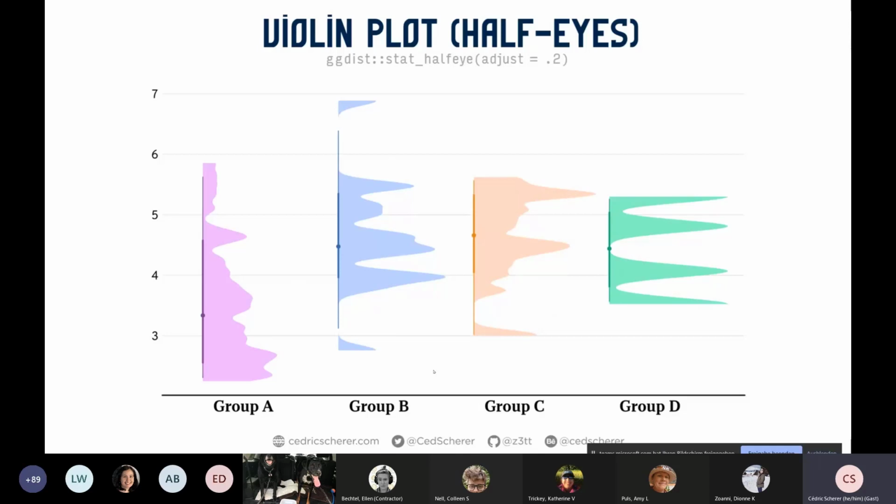So what I do is I move them a bit to the left, and you can easily do this with a position call. So inside each stat layer or geom layer, you have an argument which is called position, and this takes a function. And this is not position_newt, it's position_nudge actually. Sorry for the typo. There should be a g before the last e, and it's position_nudge. And there you can control how you want to move your data points: to the left if it's negative x, or to the right if it's positive x, or to the top or bottom with the y argument. And here I'm just moving it a bit to the left, so it's more centered again with the labels.